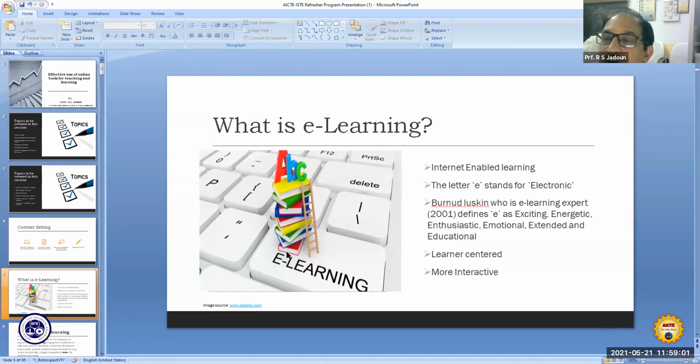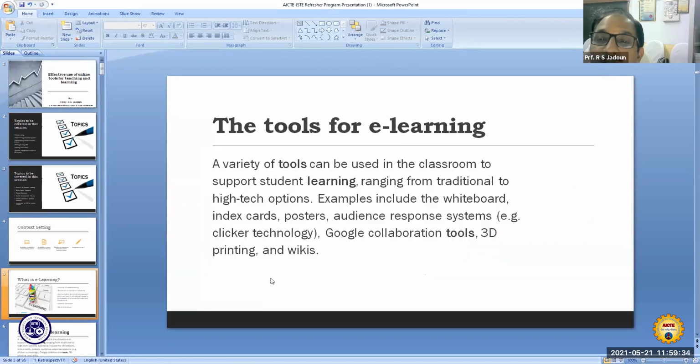E is used for exciting, energetic, enthusiastic, emotional, extended, and educational. All can be created, developed and delivered by using this E. So E is very, very powerful. And e-learning is basically learner focused, learner centered, more interactive. You all understand.